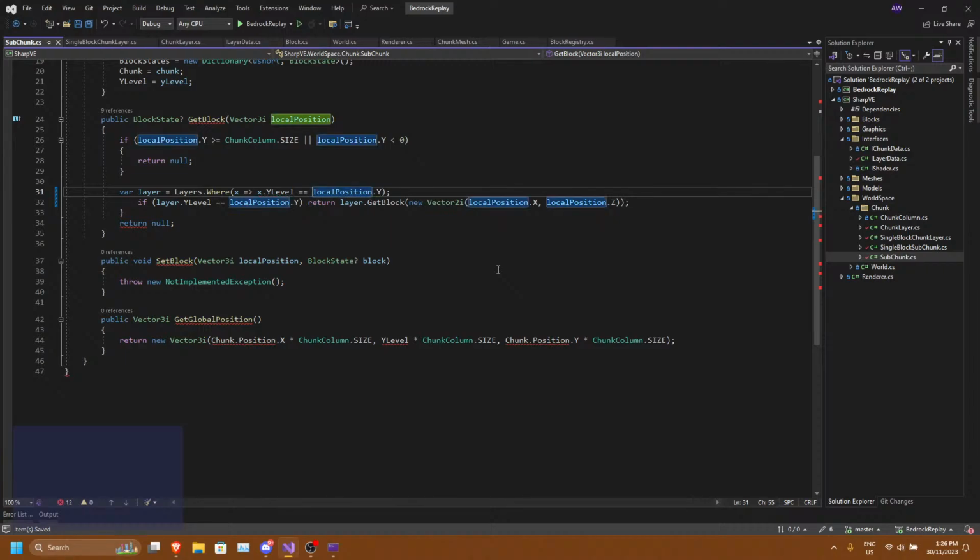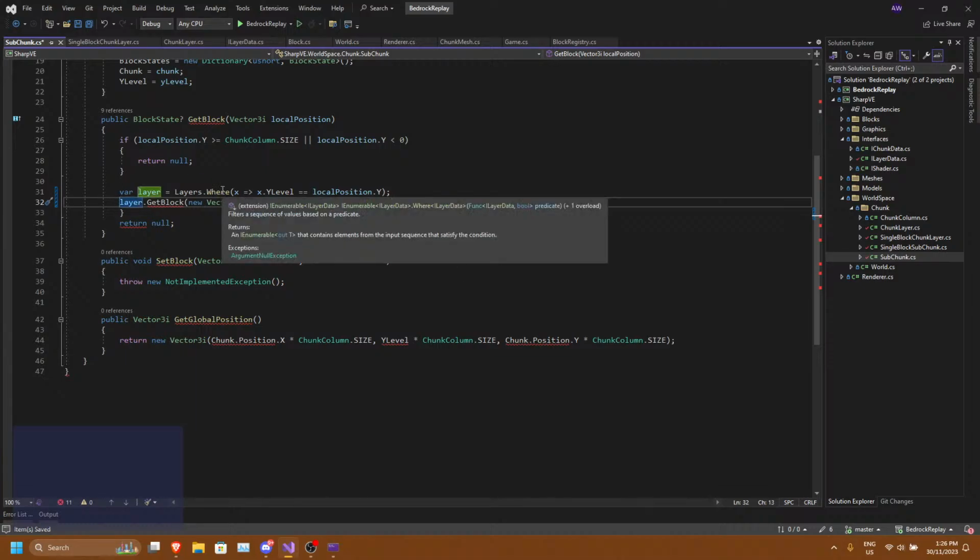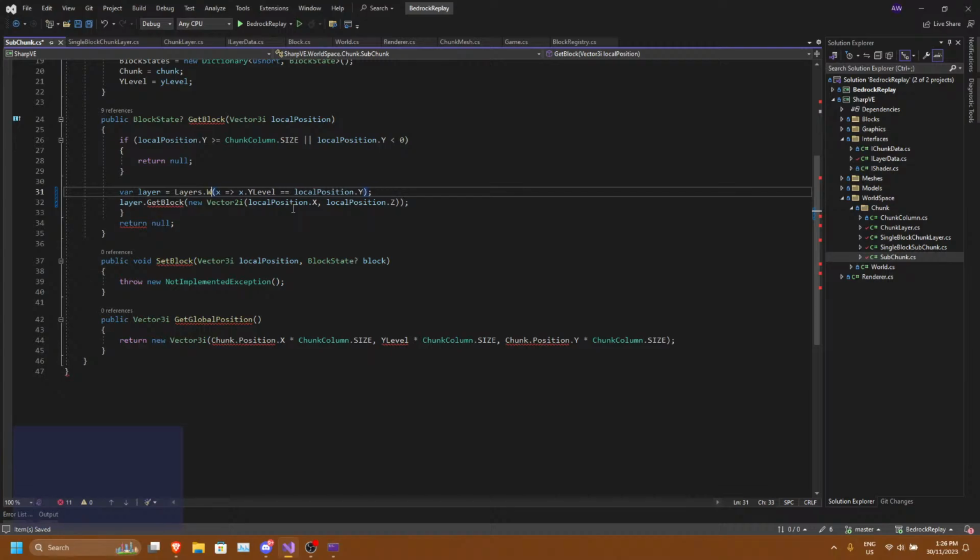That's wrong. Then if layer is not equal to null, oh no, that won't work, will it? That contains an element into first. Okay, I have to do a first or default.